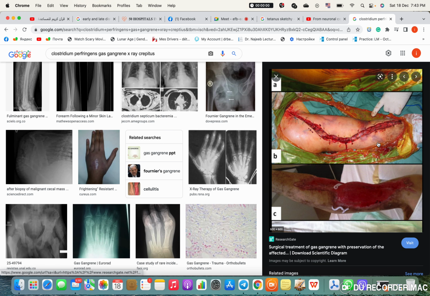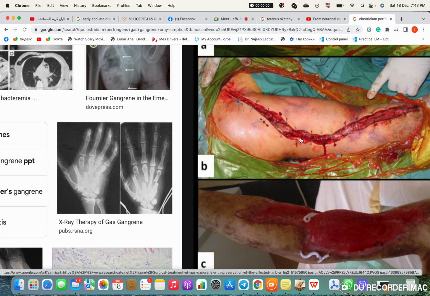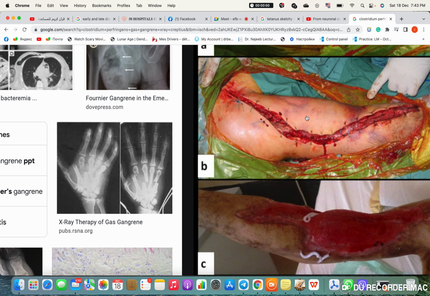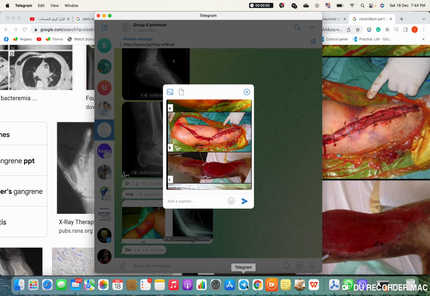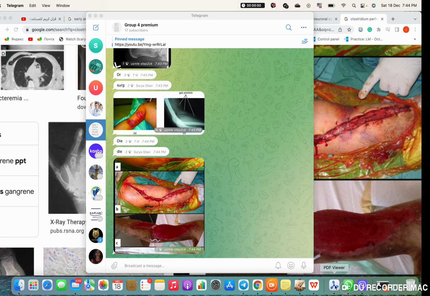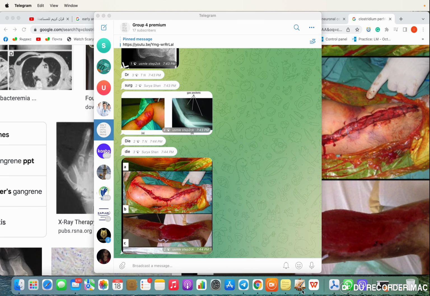Oh yeah, and see this wound, is it because of the bacteria or because of the doctor? Who did this? Doctor, of course we did. Why? Because it's anaerobic, so when we expose it to air, what happens to the bacteria? It dies. It's a million times better than an antibiotic. So let's take a look at the next thing.